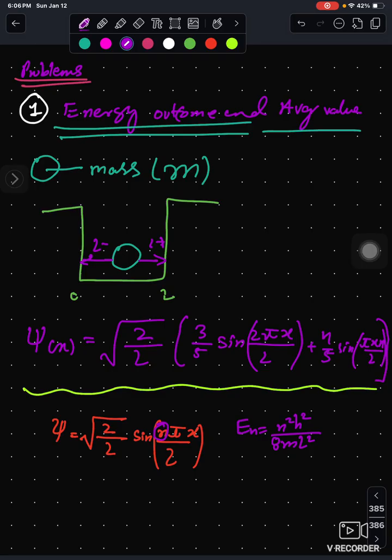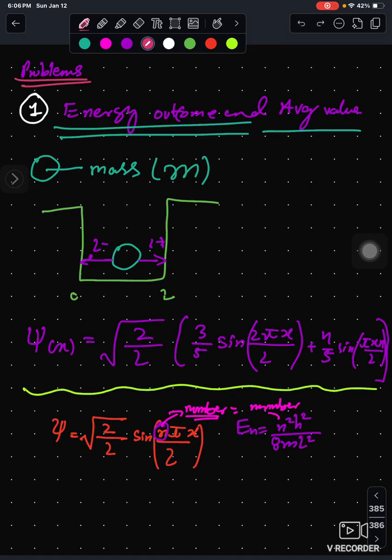So what I mean to say is that n over here refers to the excited number, that means this number and this excited number should be the same, right? So if they both are the same, that means